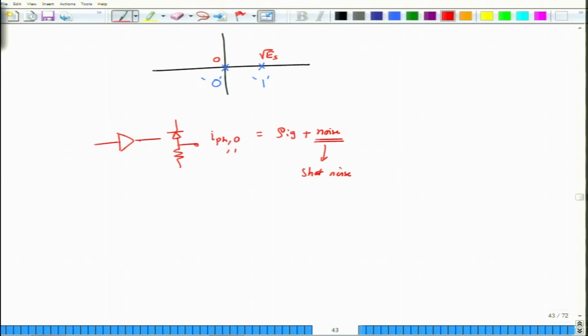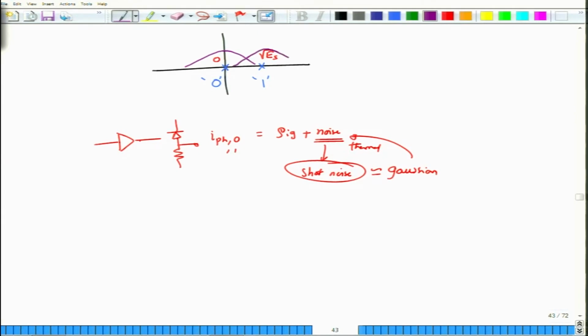It turns out that shot noise is not exactly Gaussian. So it will be a little difficult to compare the performance with the shot noise, because shot noise is dependent on the signal power. But what we will do is approximate this shot noise as a Gaussian noise, or we will work with the thermal noise itself. This thermal noise will be more or less Gaussian, although it is not exactly correct. But if you take this thermal noise as an approximation to what you are actually receiving, the photocurrents that you receive will now be distributed around these points, right?